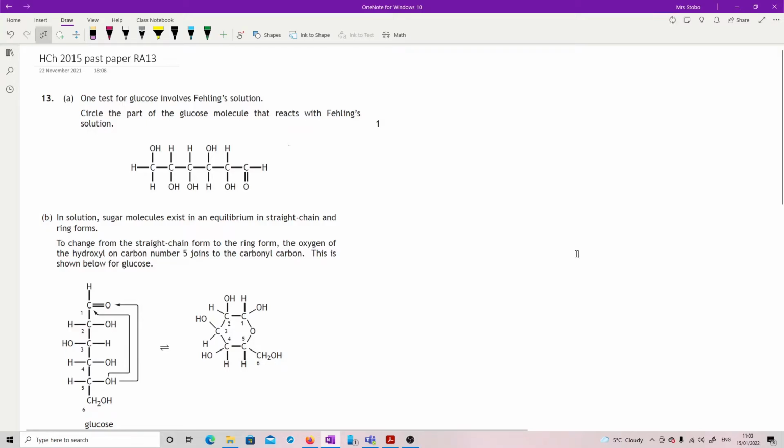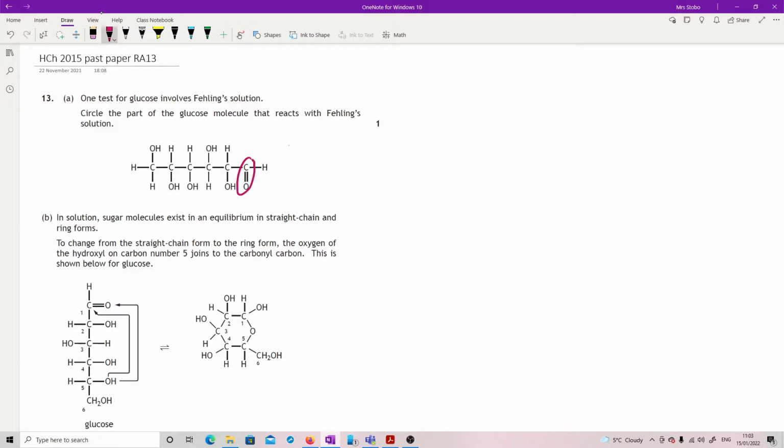Okay, 2015 paper. This is question 13, the last one in the paper. One test for glucose involves Fehling's solution. Circle the part of the glucose molecule that reacts with the Fehling's solution. So you should recognise this as one of your tests in your primary, secondary, tertiary alcohols, aldehydes, ketones topic. Okay, so for Fehling's, we're looking for the carbonyl group, so the aldehyde point, so